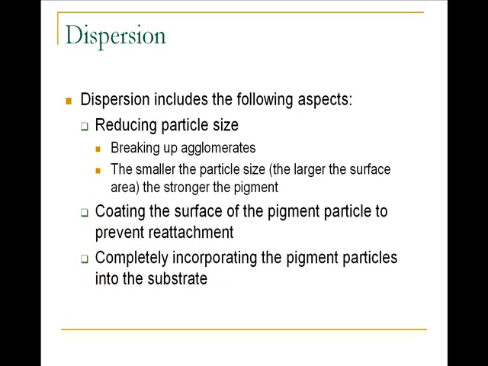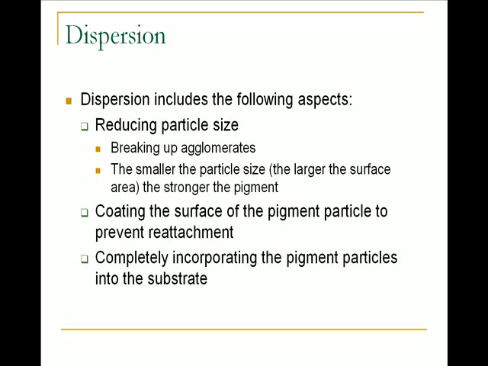includes several aspects to it. The first thing is reducing the particle size. And when we do that, we break up the agglomerates into smaller sizes. The smaller the particle size, or the larger the surface area, the stronger the pigment. And we mentioned that way back in the beginning of the course. Color is a result of light reflecting off the surface of the pigment particle. The smaller that particle is for a given weight, the more surface area there is, and the more reflection takes